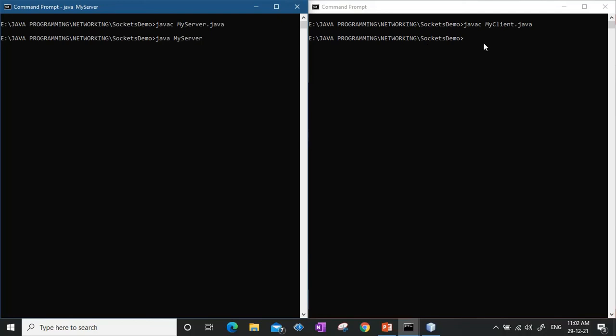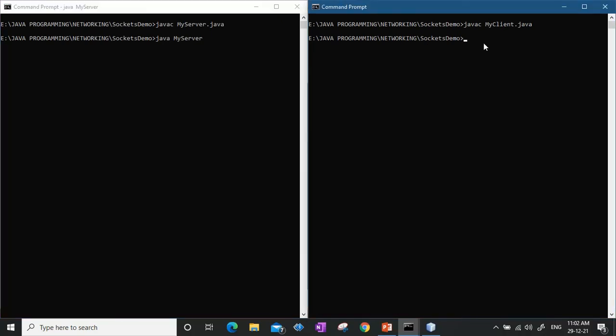Okay, now I'm going to execute this particular client program so that the connection request goes to the server, and after the connection is accepted, the message is sent to the server. So now I execute. I'll say java MyClient, and once this happens, the connection is established, and you see here the message hello world.